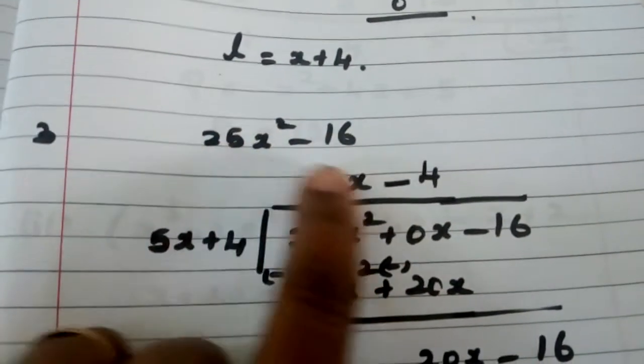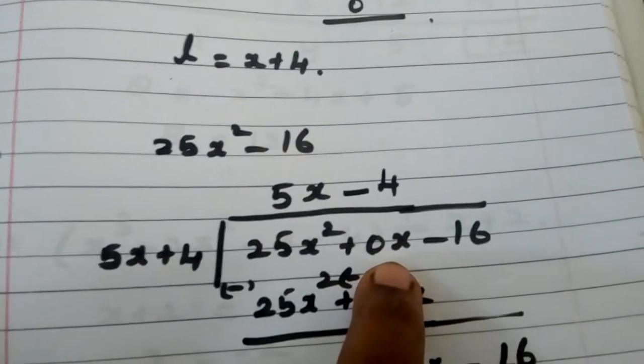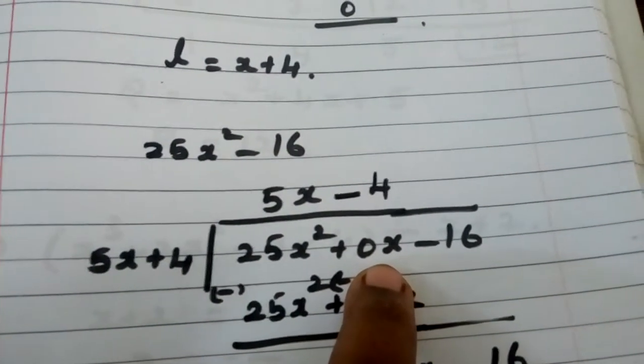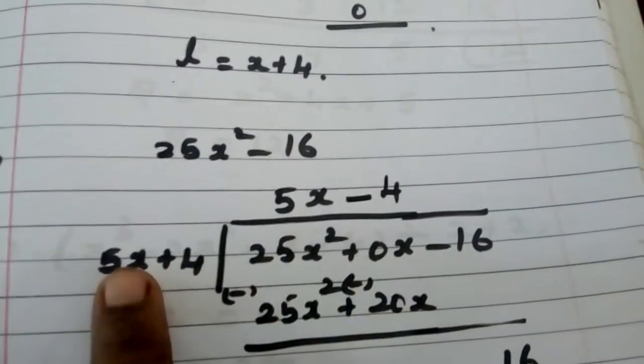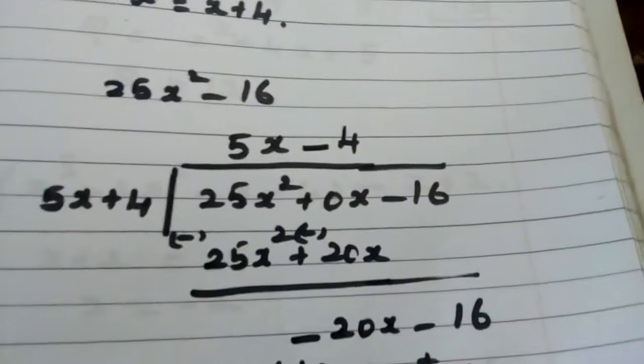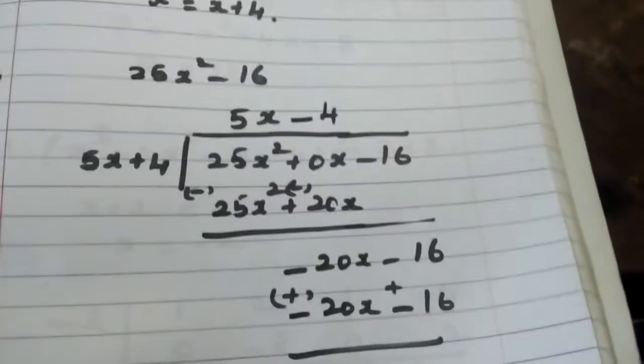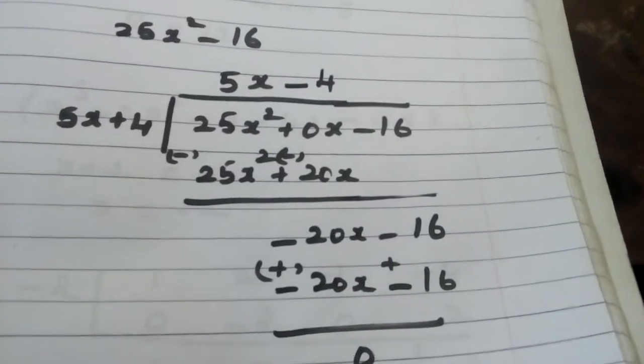So always it should be in the standard form. If any value is missing means we can write as 0. So don't forget that. It is very, very important. Okay. Then 5x plus 4. So the normal procedure which we used to do, the same way only. 5x will go in this how many times, like that you have to do, and you'll be getting the answer very easily. Okay. Is it clear, ma?